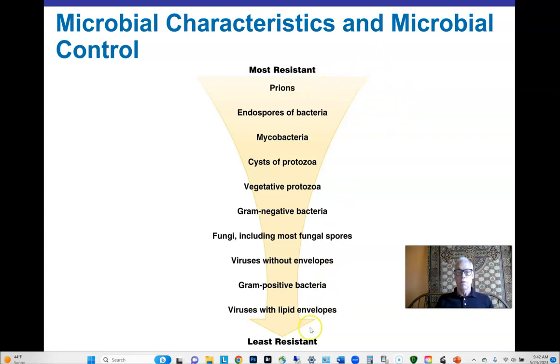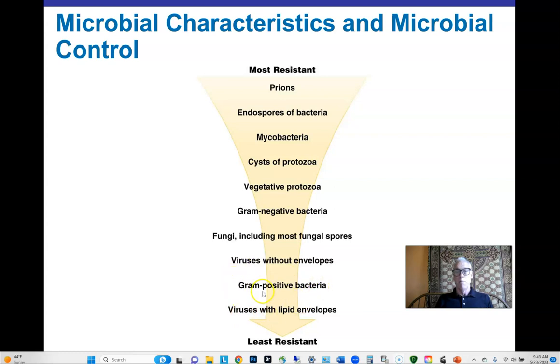This is a cool list that shows in the order of susceptibility different types of microorganisms, susceptibility to disinfectants. Again, viruses that have a lipid envelope, that need that outer lipid bilayer in order to attach to its host cells, are the most easily destroyed. You don't need to destroy the virus particle, you just need to dissolve away that lipid envelope. Alcohols can very quickly dispatch, or detergents dispatch that lipid envelope, and the virus is nullified,